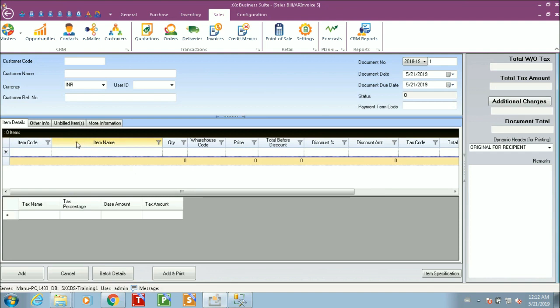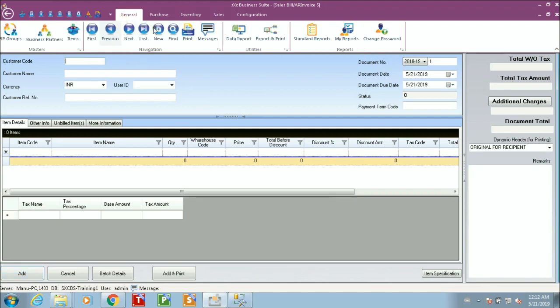Alright, so this is one part. So let us get started on invoicing. So we click on the customer code. Now first thing before we start invoicing is to make sure that we are in the add mode. By default, this opens up into the add mode, but we could use the navigation to find previous invoices or look at different invoices as well. So since we are in the add mode and we want to create a new invoice, we'll place our cursor on the customer code and we'll press tab,